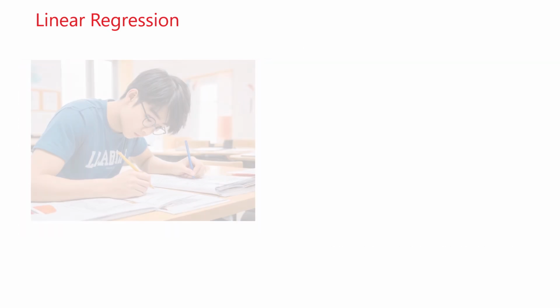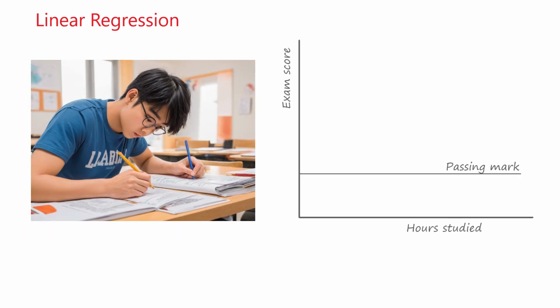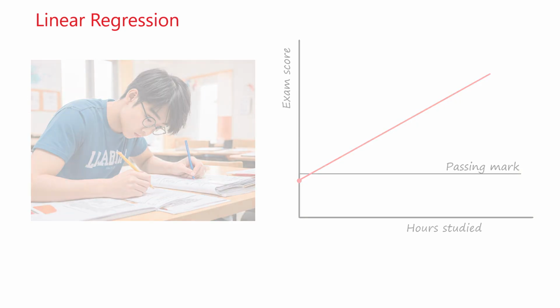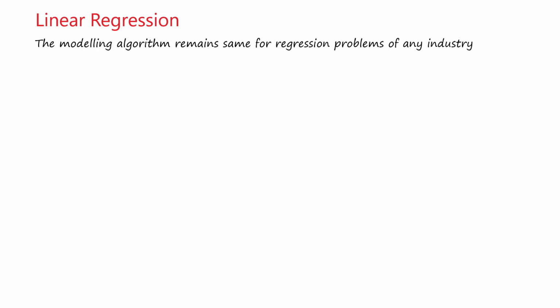Next example, student scores. If you don't study at all, your exam results might be so bad that even linear regression won't save you. On the flip side, more study time usually means higher scores. Unless you are studying memes instead of mathematics. Again, a linear pattern appears. See, linear regression isn't just some scary algorithm, it's real life. Next time you notice patterns around you, know that there is math working behind the scenes.